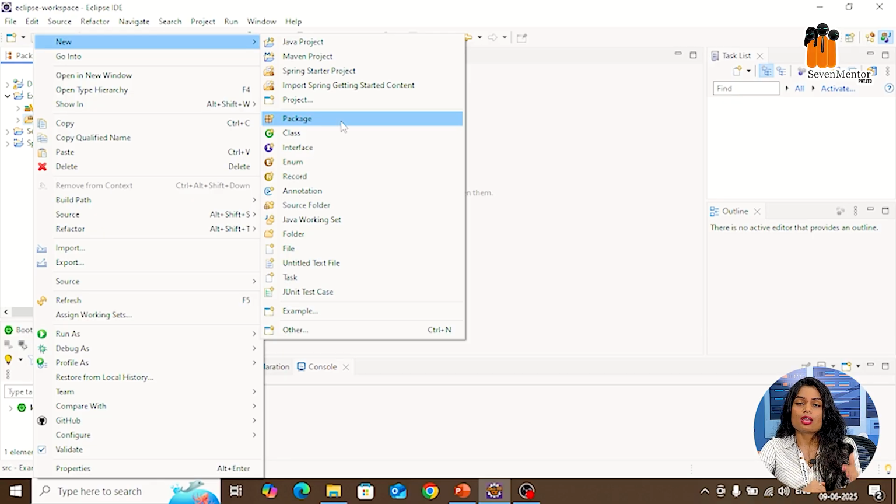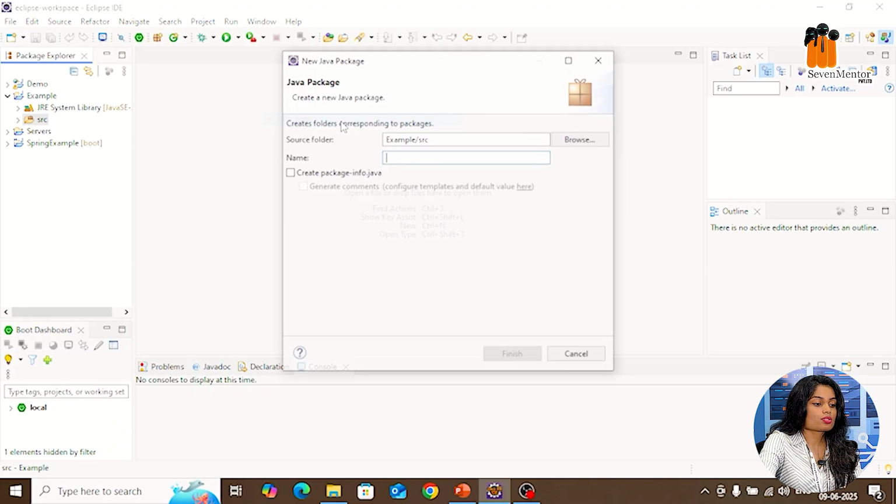You can just create multiple classes inside one package as well. And why are we using a package? Just take an example. For one class, I have done the addition, and I want the same code in another class. I can simply import the one package inside the other. That's why we are using packages. So you can remember the simple definition: a package is nothing but a collection of classes and interfaces.